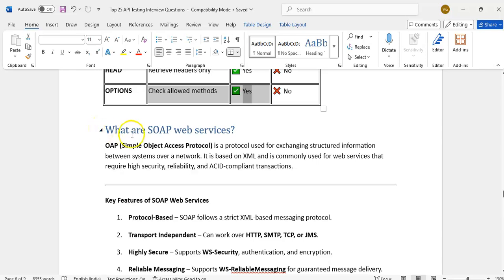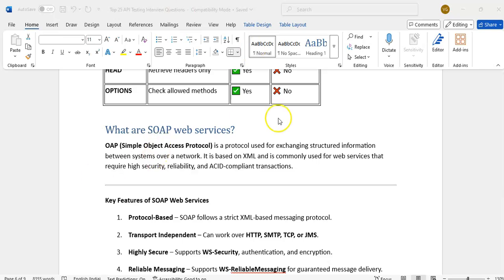The next one is, what are SOAP web services? It is an alternative to REST. SOAP is Simple Object Access Protocol. Nowadays everyone is using REST web services, but previously we had SOAP also.